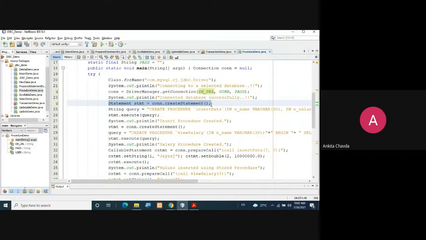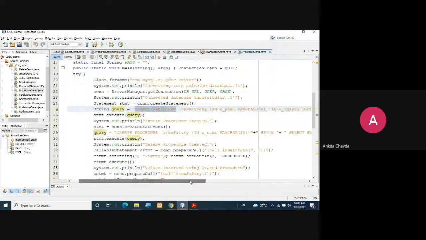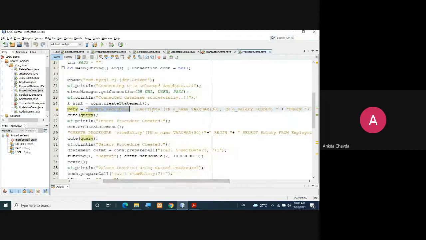First it has created the statement, and now I'm writing the query in a string variable: create procedure, and then you need to write that procedure in single quotation marks. Here you write insert data, that is the name of your procedure.